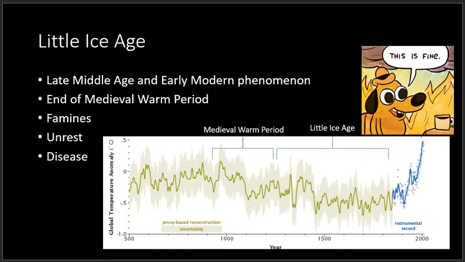Increased storminess causes several instances of famines. In particular, the years 1315 to 1317 see famine in much of northern Europe. When people run out of food, they get desperate. Several revolts rock Europe, perhaps most notably that of William Wallace. Yes, the one from Braveheart. Populations already stressed by famine are more susceptible to disease outbreaks. But nobody could have guessed in 1340 what was actually coming, something so far outside this normal typical context.